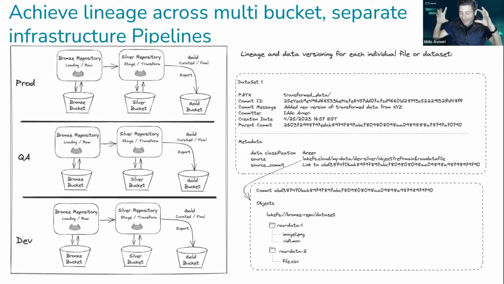There are two big elements where people ask to separate buckets. One is I need to have a different bucket for my bronze, silver, gold, for example. And we can do that if you want to. You don't have to do that with lakeFS, but if you want to, you can. You can use this as separate branches on the same repo, or as separate repos working on the same bucket. There are a lot of configurations. However, if you want to achieve that isolation, you can, including the ability to export from lakeFS to a regular bucket. So just keep in mind that's also a way that you can achieve